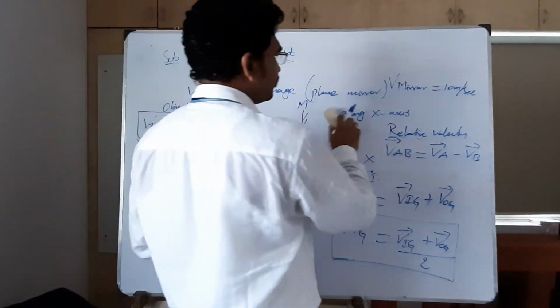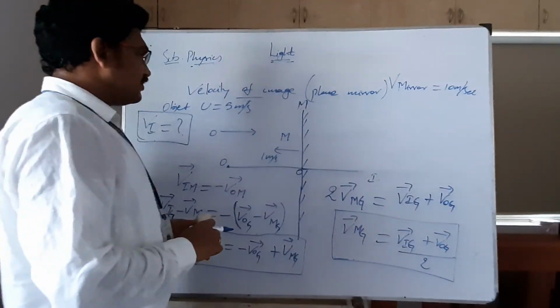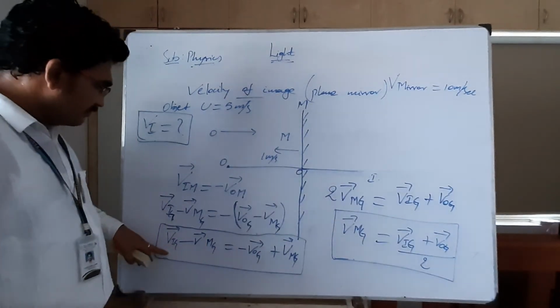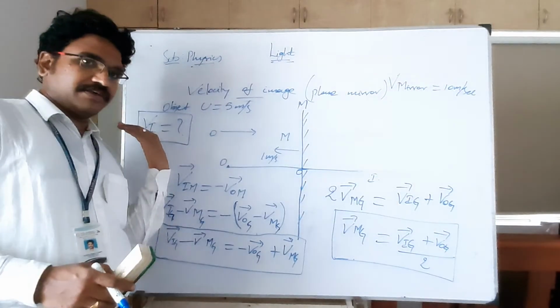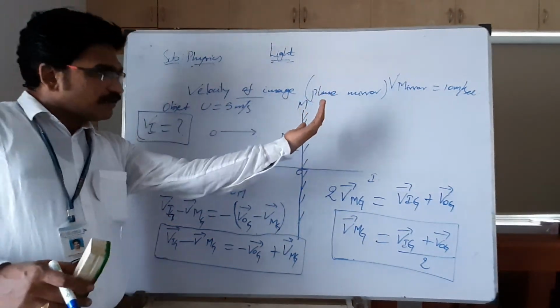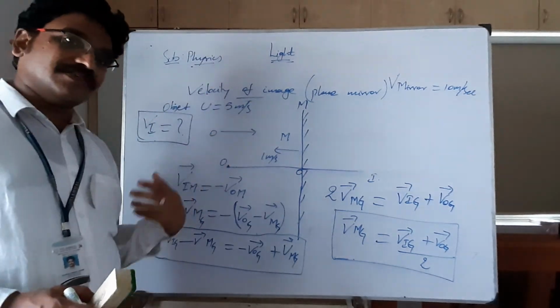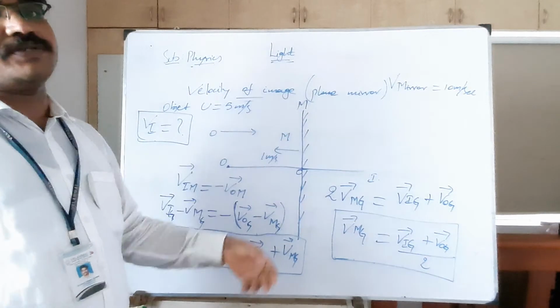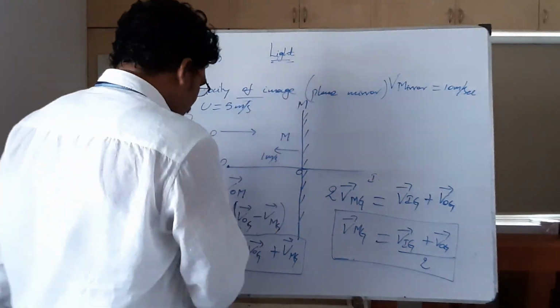Now you see here. What is the velocity of image? You know the formula? Here in this condition you see object is moving, mirror is moving. Then what is the velocity of image? Simple. Object is moving in this direction, mirror is also moving. This is the third case. Both are moving, mirror is moving and object is moving. Then what happens to the velocity of the image? Then what I can calculate? This one you take